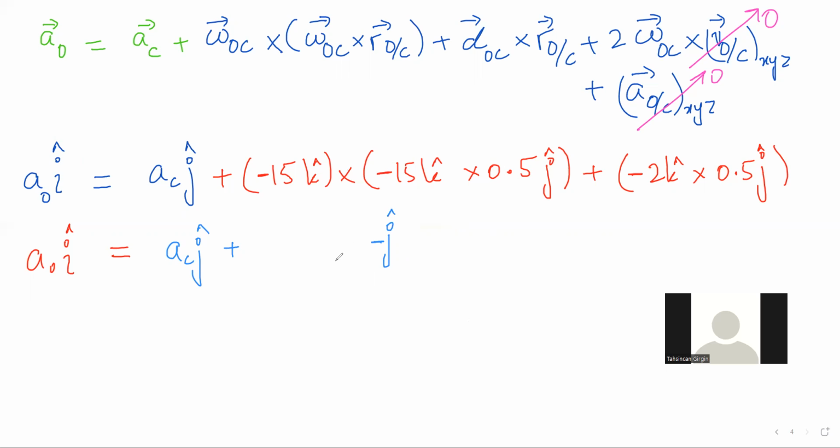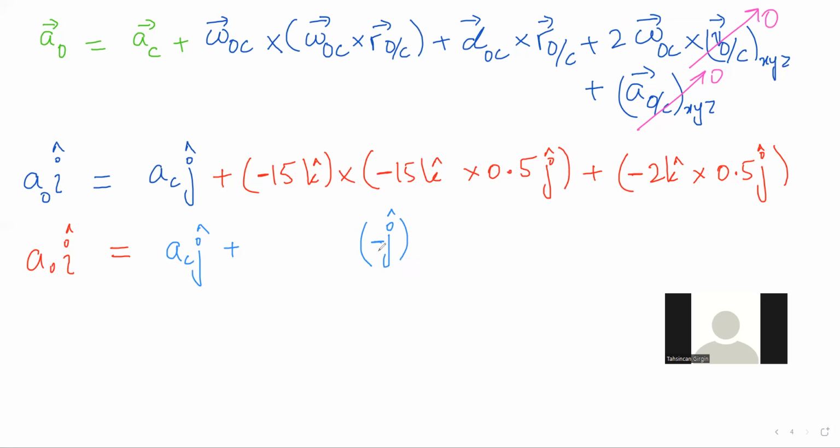Say that one more time. Plus 2 omega or C. That is 0. What? This term is 0. No, the one on the left. Oh, yeah, you missed that. Yeah, but this whole thing is 0. So when something gets multiplied with the 0, the whole chunk is gone. Yeah, that's fine. So, okay, what is 7.5 multiplied by 15?